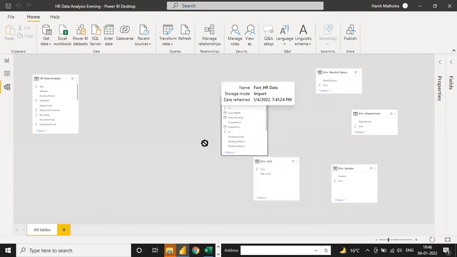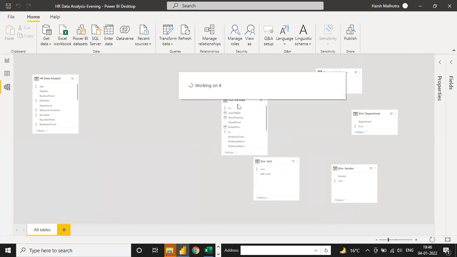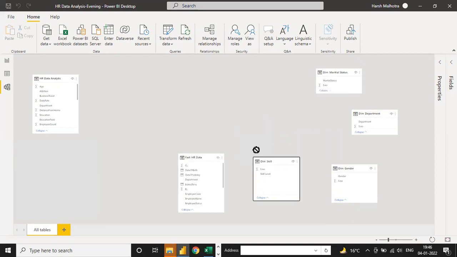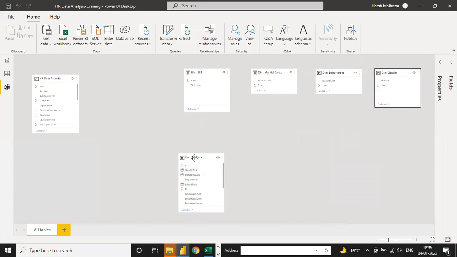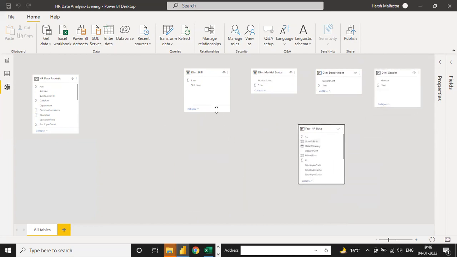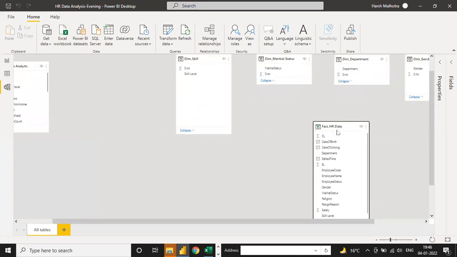Suppose I want to make the relationship by connecting directly. So what I am doing is placing the dimension table in the upper part, and this one is my fact table. Then one by one, if I arrange, you can see a little bit.